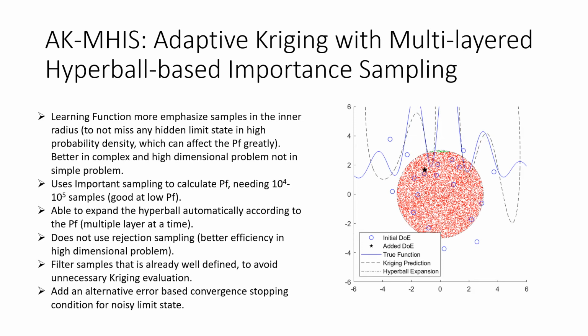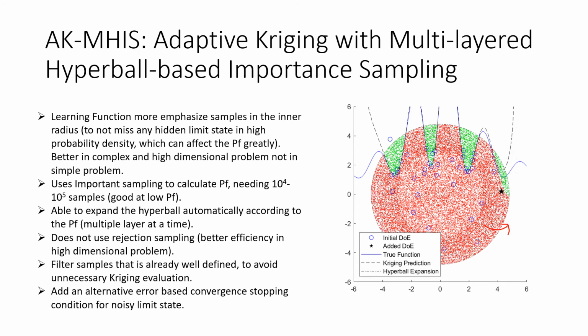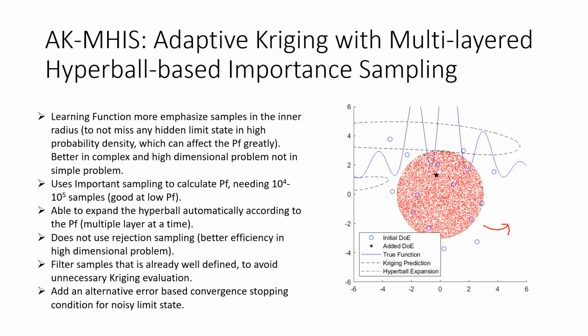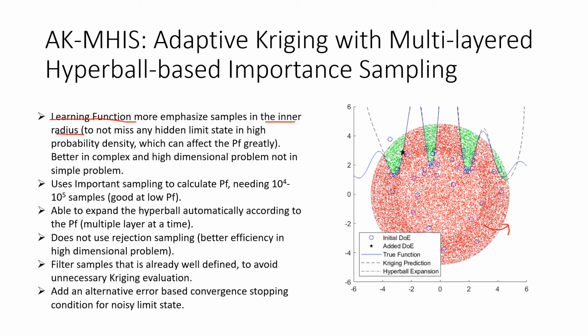As you can see here, it started similarly, but we use importance sampling. So we don't use a Monte Carlo simulation. Rather, we use a uniform distribution in a hypersphere region. Because it's 2D, it's a circle. And it improves like that. So we have a better learning function, which emphasizes the inner radius because it has the highest amount of power with regard to the probability of failure,